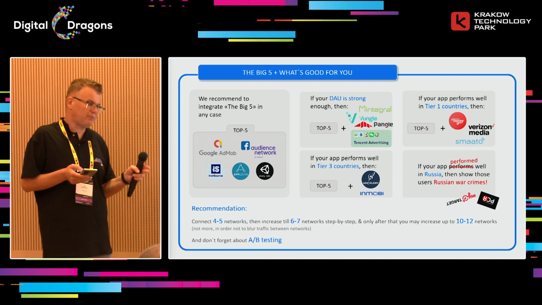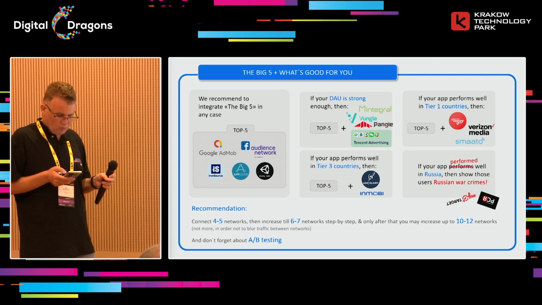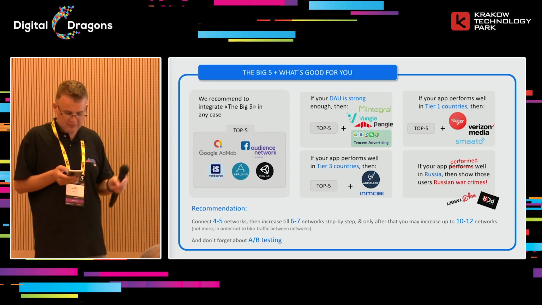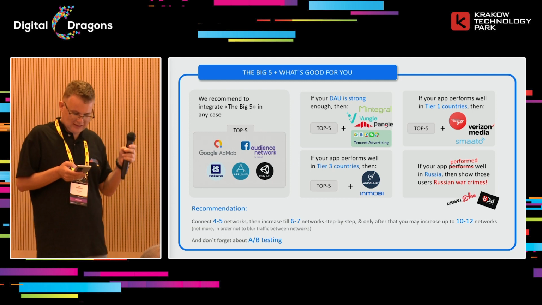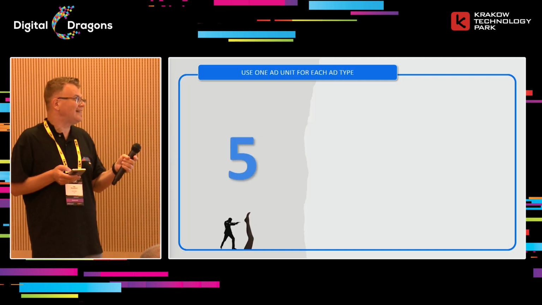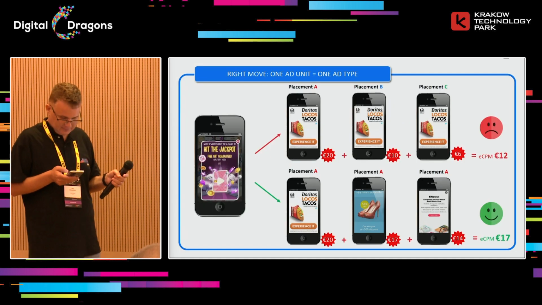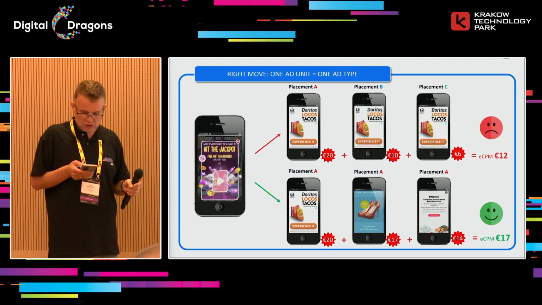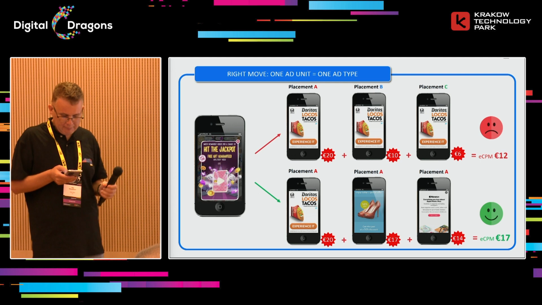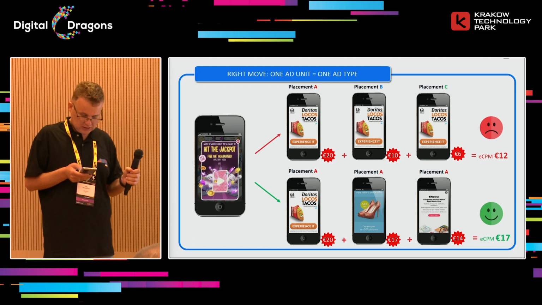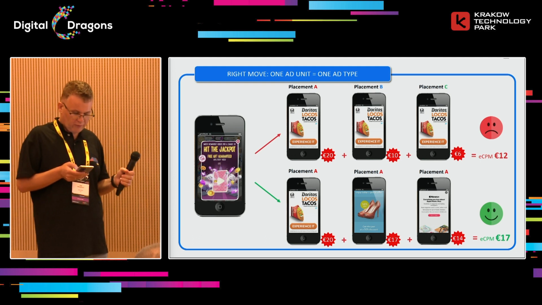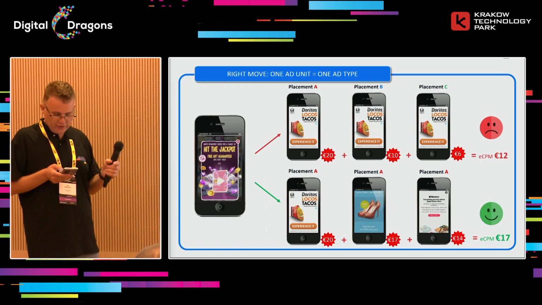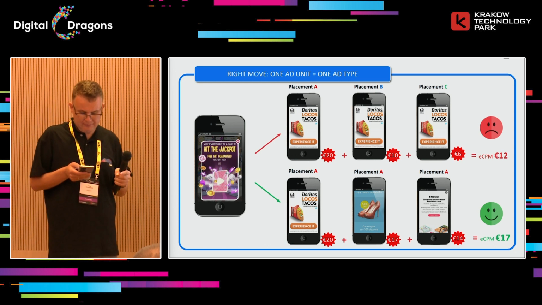If you have three placements, for example, for rewarded video, you most probably will receive the same responses for them. This means that if your user sees all three placements, you will show one ad 3 times. It will limit user experience. Also, the eCPM decay for these users will be much higher. You can lose up to 75% of the revenue of the third impression. But if you use one placement for all rewarded ads, you will receive your ads one after another, and the mediation algorithm will help you to minimize your eCPM decay.